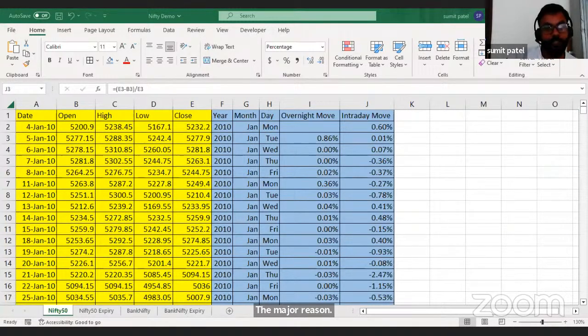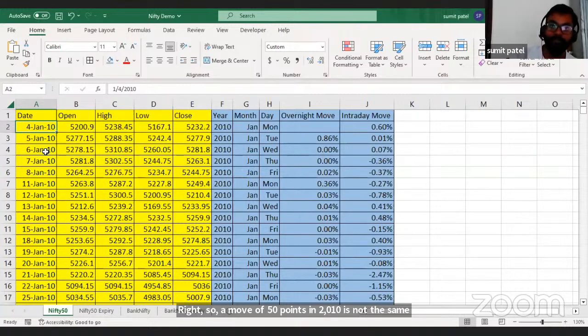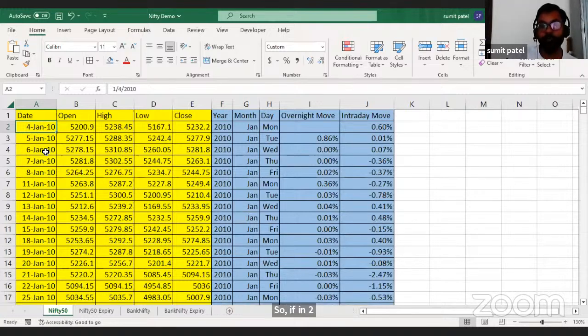Price different range may... yeah, price is different to get a probability score. No, the major reason was that I'm taking the data of the last 21 years, right? So a move of 50 points in 2010 is not the same as a move of 50 points in 2022. So if in 2010 Nifty moved by 50 points, it was a huge thing